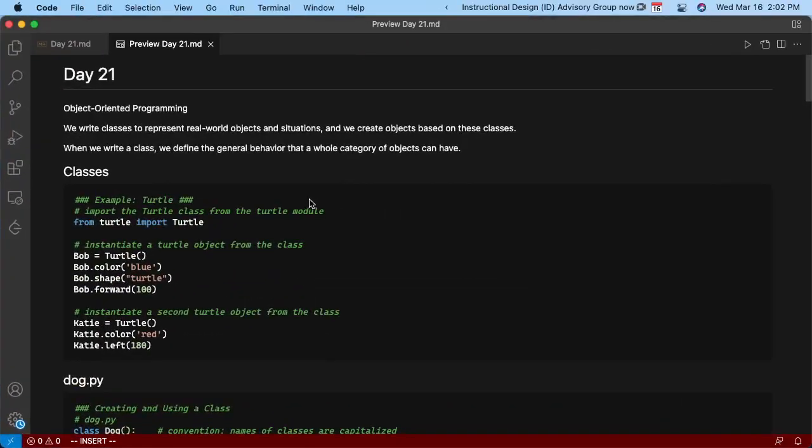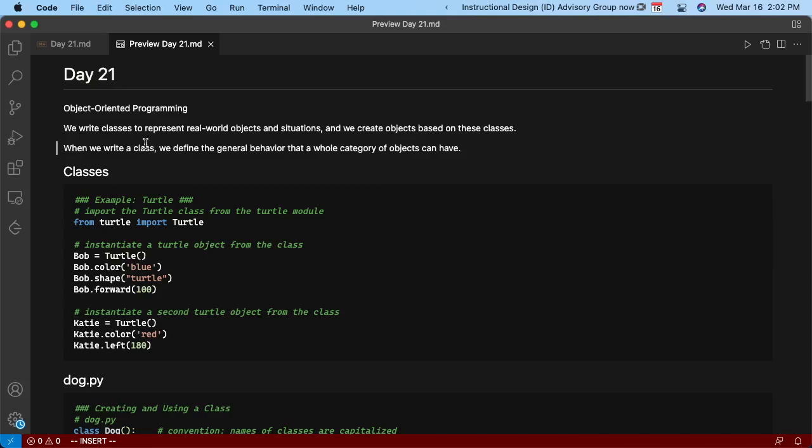Okay, so today we're going to introduce a concept known as object-oriented programming. Pretty much all modern languages are object-oriented languages, where essentially pretty much everything is an object. And again, that means a lot of different things that we'll explore over the next few days. But in practice, what we're doing with object-oriented